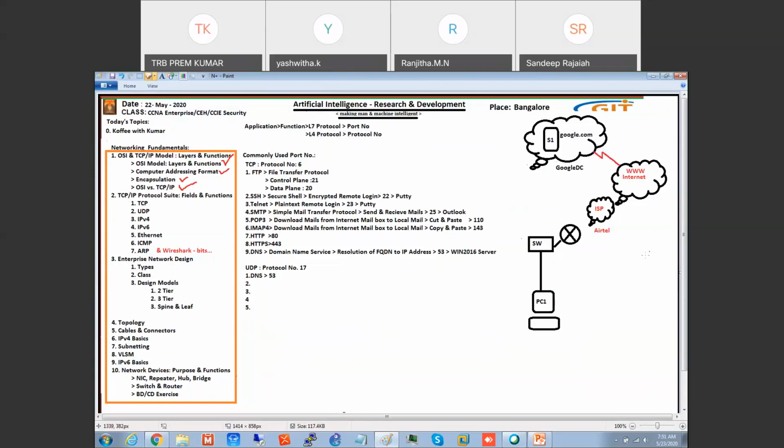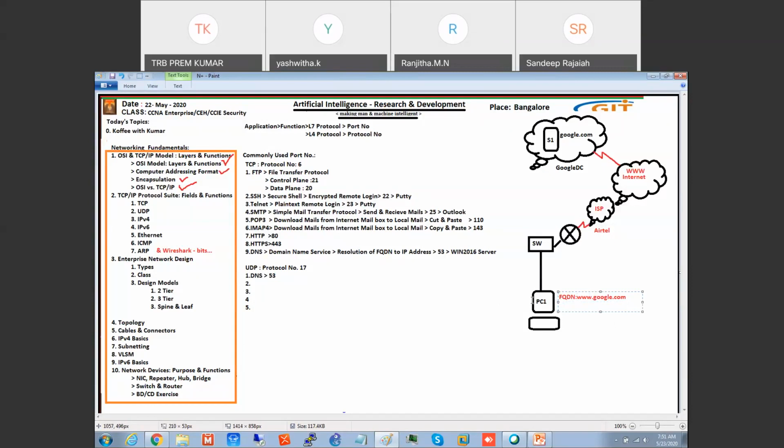Now, in my browser, I'm typing in PC1 www.google.com. This is called FQDN, fully qualified domain name. The moment I type this, computer understands only three addresses: IP address, MAC address, port address. Yesterday we saw that. So now computer doesn't know what is this google.com address. So for human beings we use this google.com, but computer has to have these three addresses: IP address, MAC address, and port address.